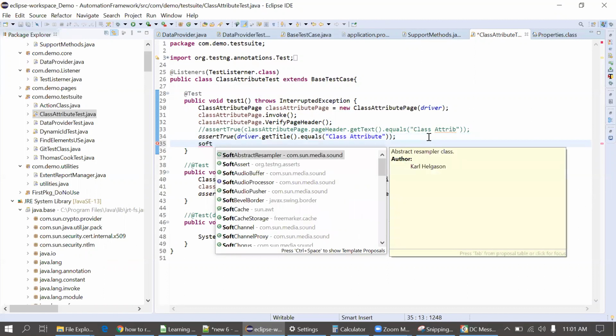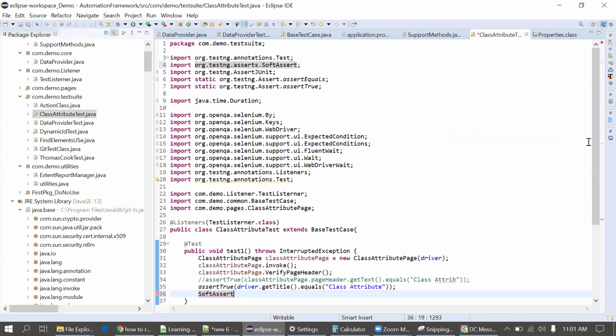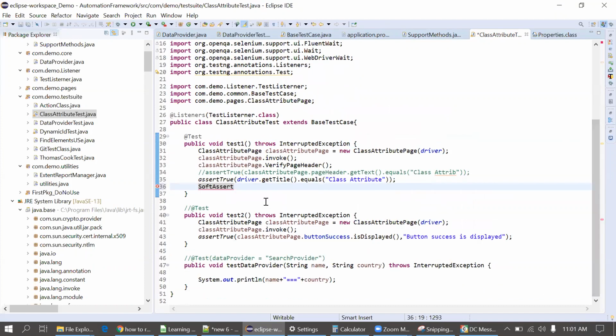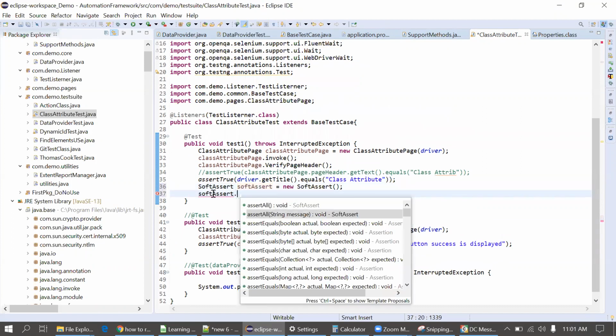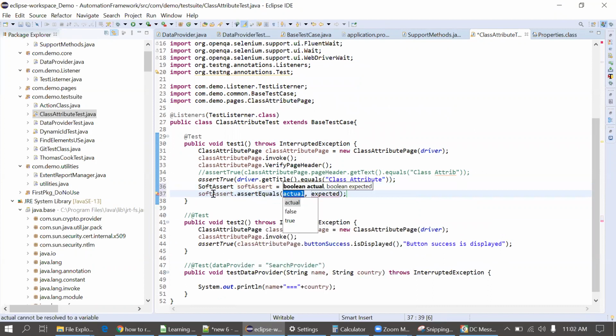Again, we are not using soft assert. It is very rarely used. We can just create a class object, SoftAssert softAssert is equal to new SoftAssert. So what is that soft assert? Again, it will create confusion in your mind now. It's nothing but a part of assert, like we have implicit wait, explicit wait, and fluent wait. This assert is also similar to that, where we have two asserts, one hard assert and one soft assert.